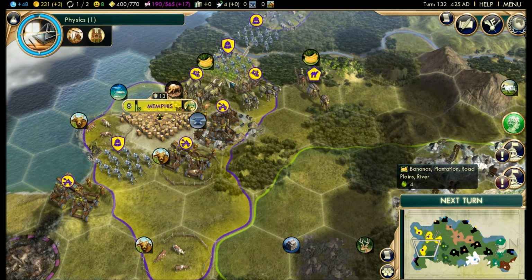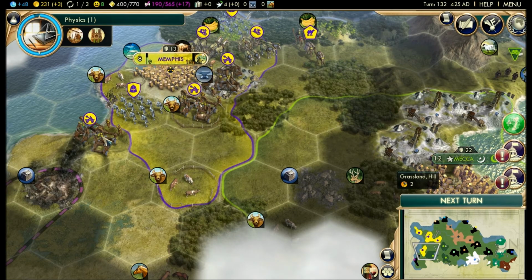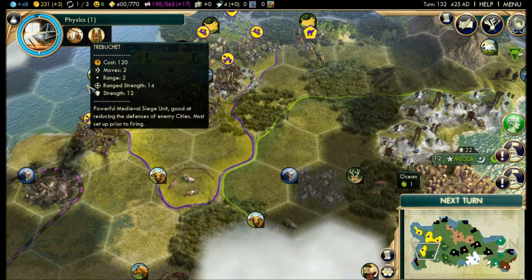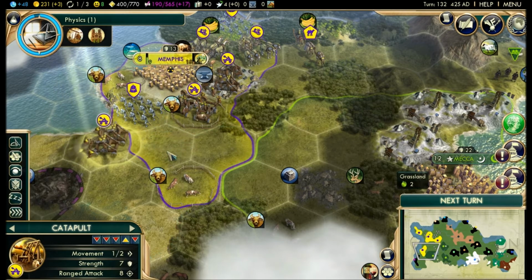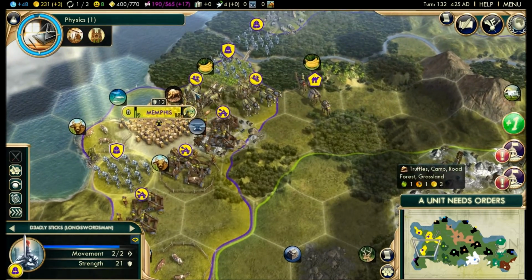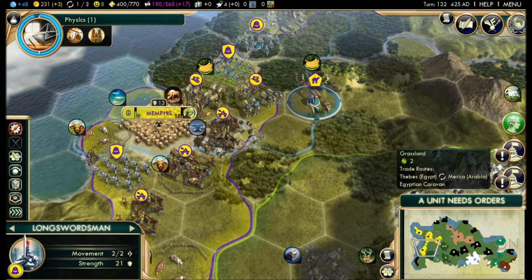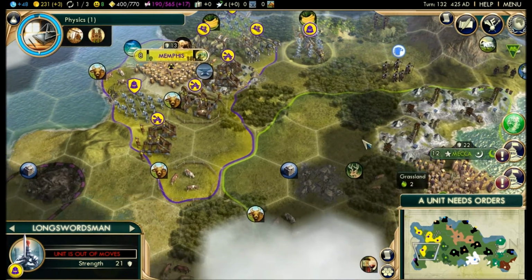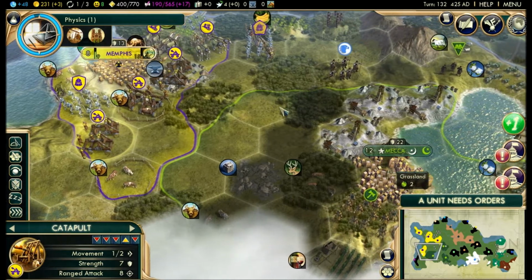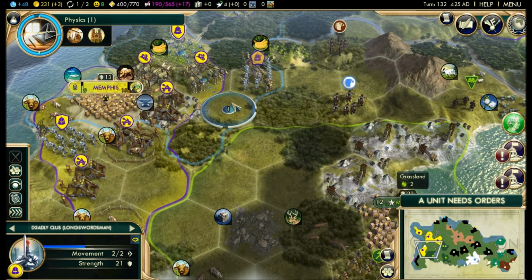So one turn to get my catapult situation sorted out, to upgrade them to trebuchets. I don't want to spark him to question me. But at the same time, I'm looking at his territory. Like, he doesn't have units. Like, giving up the first turn to him